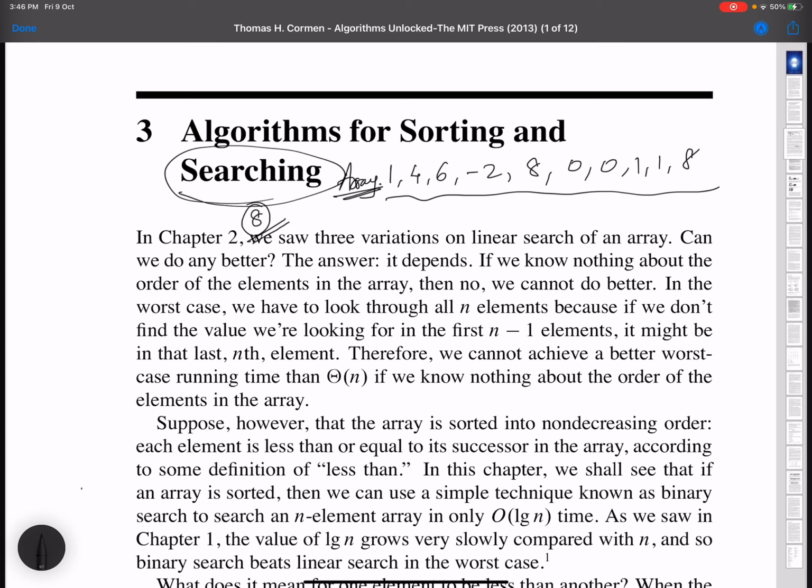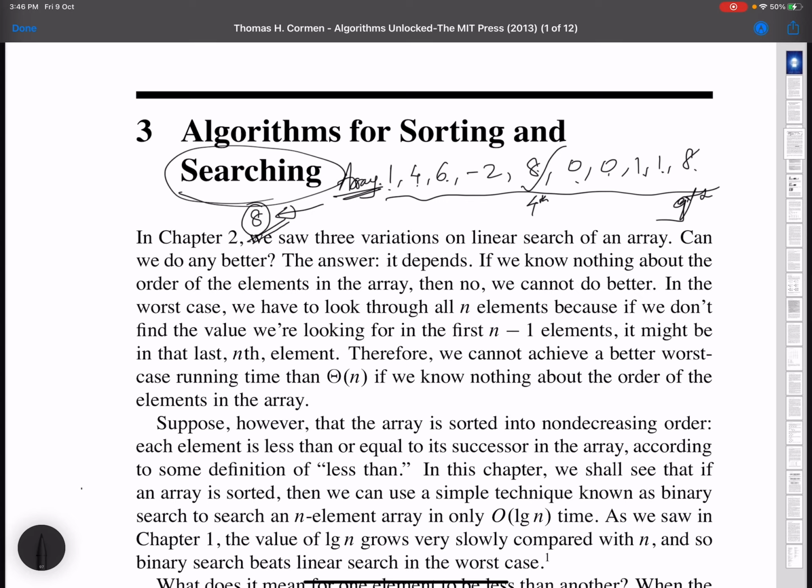So we are interested in finding the index position of this element with value 8. The index position is this one. We are interested in telling that the value 8 is at position 0 1 2 3 4, so the fourth position. And if we go further, this is the fifth, sixth, seventh, eighth, ninth position, right?